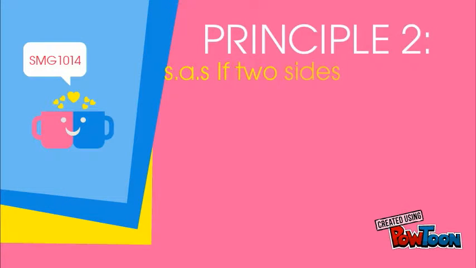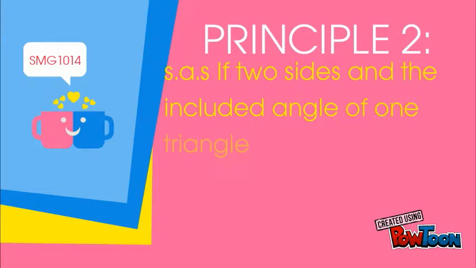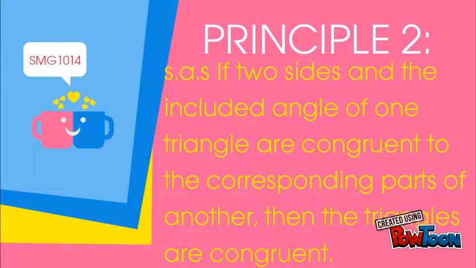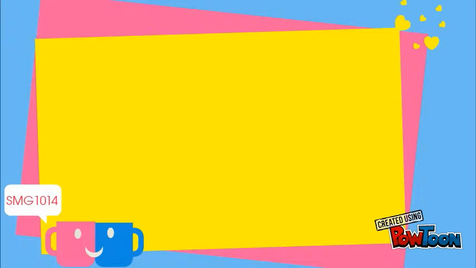Principle 2. If two sides and the included angle of one triangle are congruent to the corresponding parts of another, then the triangles are congruent. For example,